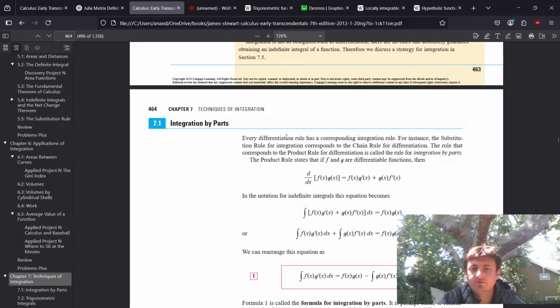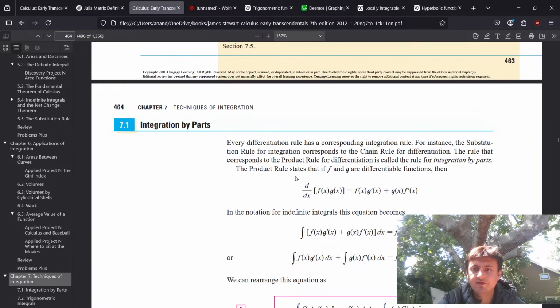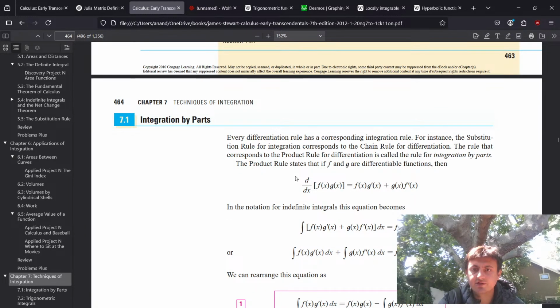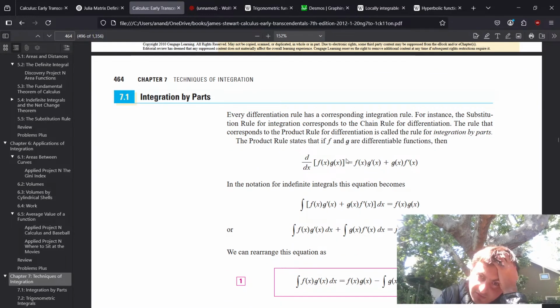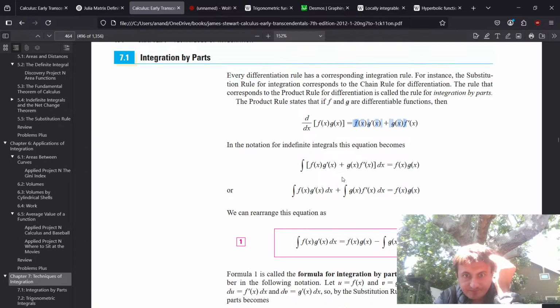Every differentiation rule has a corresponding integration rule. For instance, the substitution rule for integration corresponds to the chain rule. The rule that corresponds to the product rule is called the rule for integration by parts. The product rule states that if f and g are differentiable, then the derivative of the product is equal to our standard rule. In the notation for indefinite integrals, this equation becomes